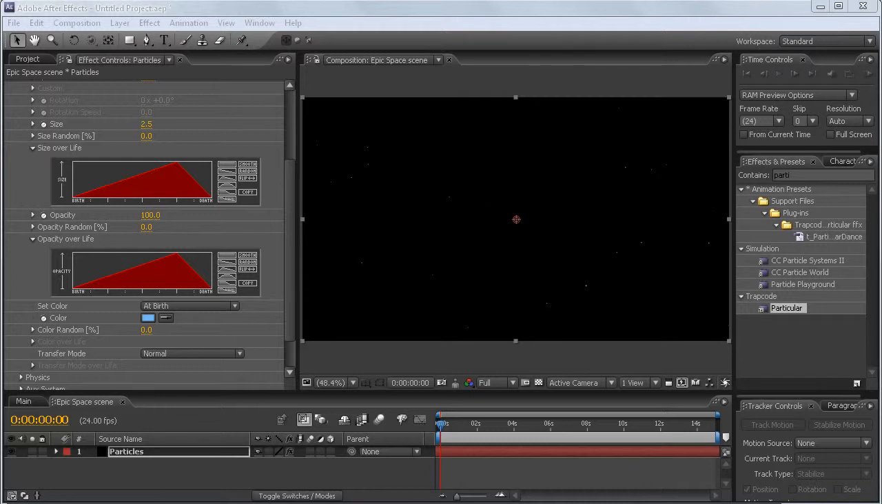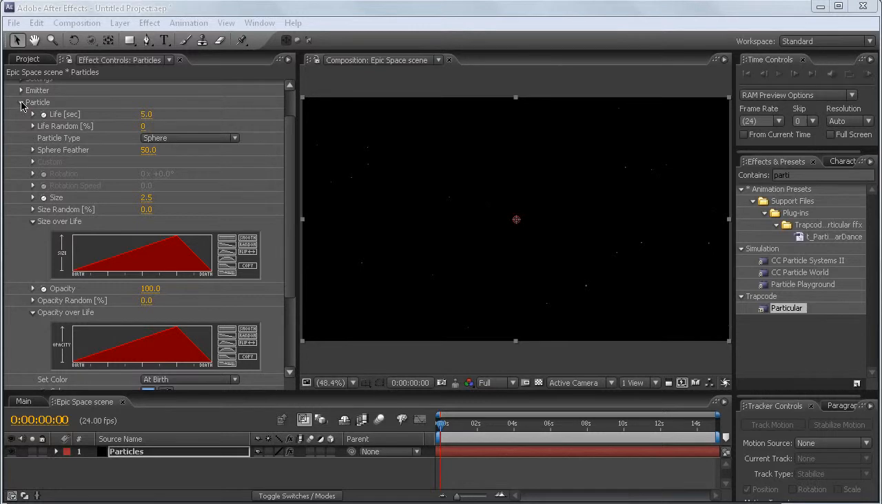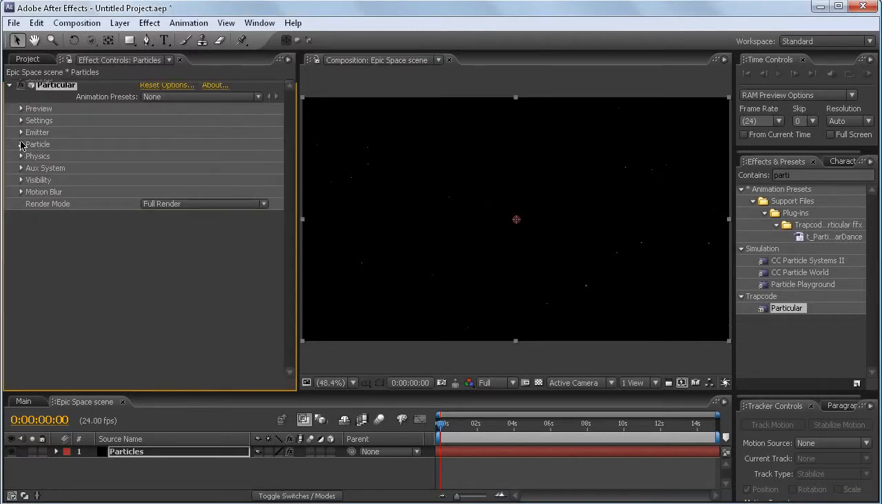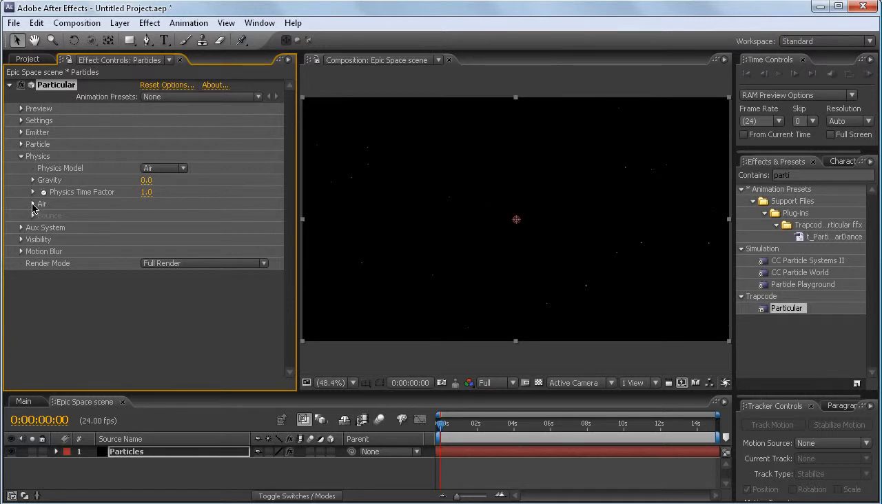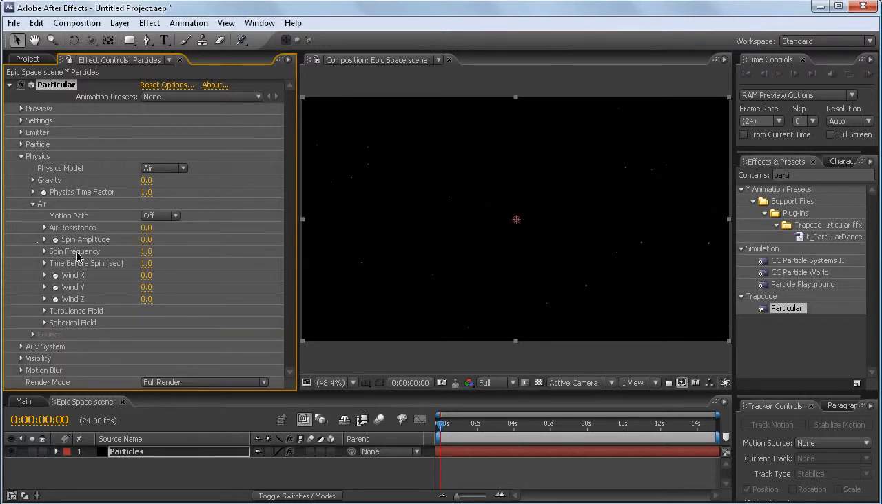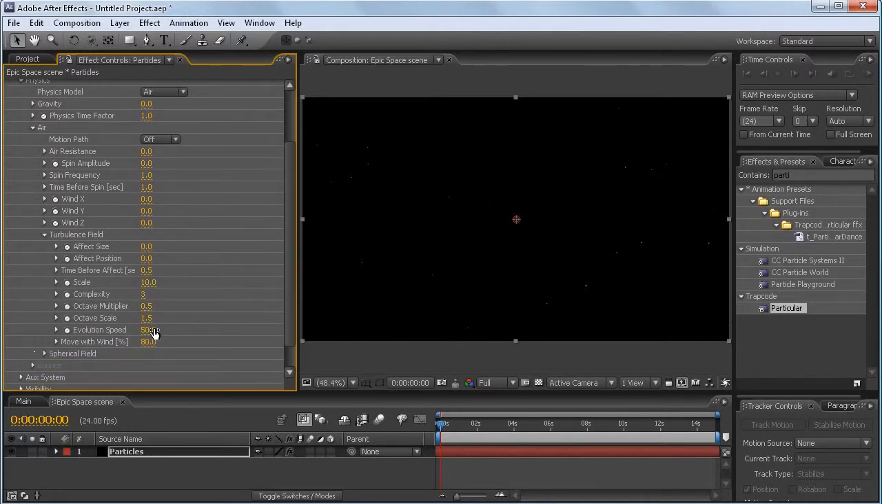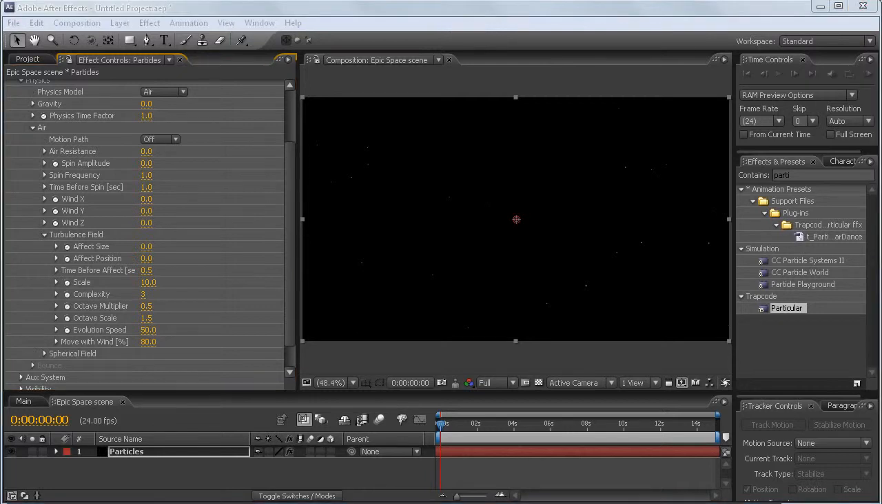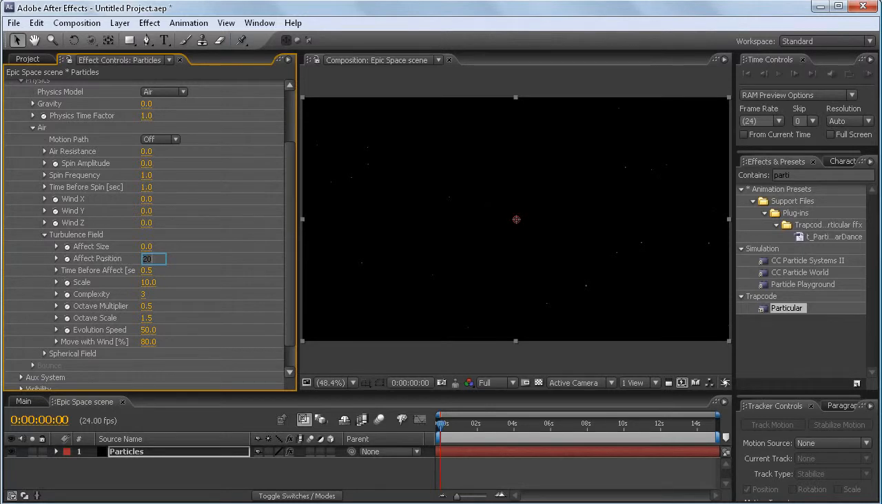Alright, one second, I'm just going to check something out here. Yep, okay, so that should be good. You can close this tab up. You go to the Physics tab, go to Air, and then go to Turbulence Field down here. And then what you want to do here is change the effect position to 20